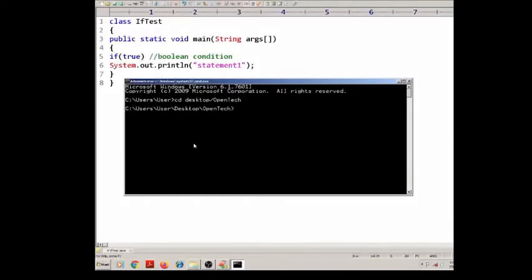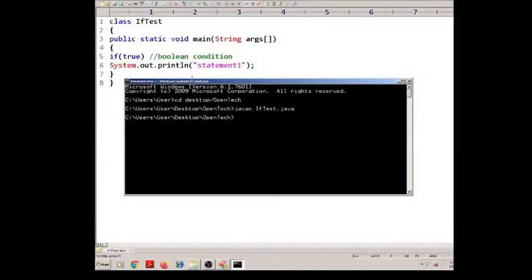So now we are under the open tech folder, and now write the compilation command javac, then the file name IfTest.java. So enter.